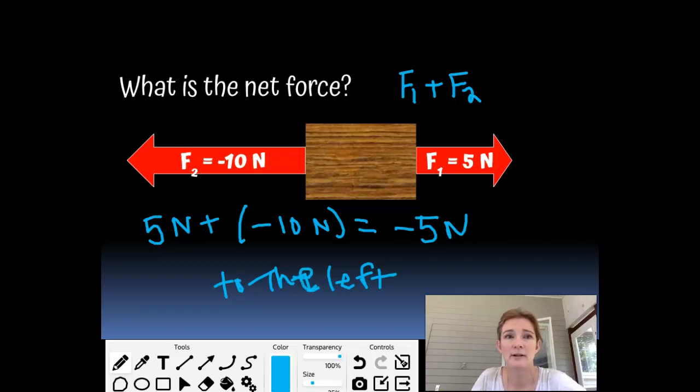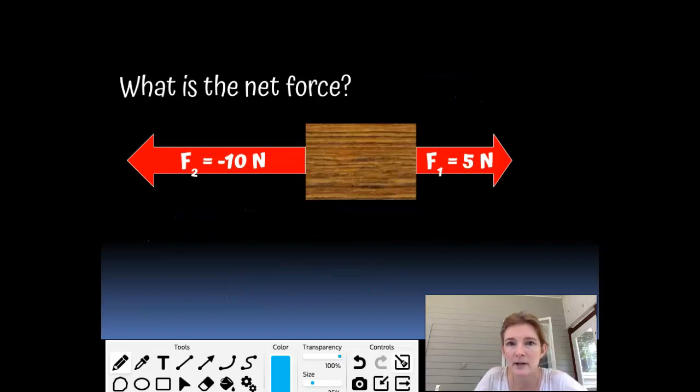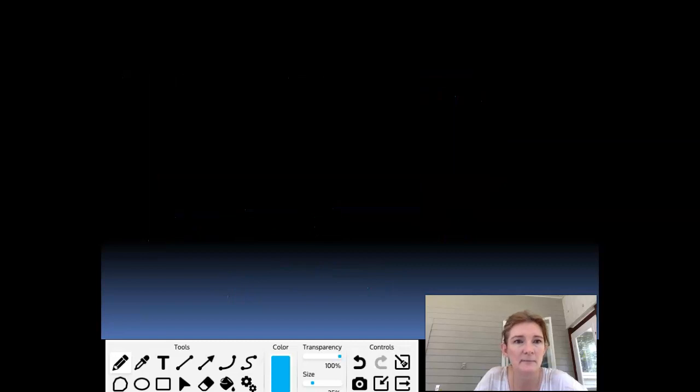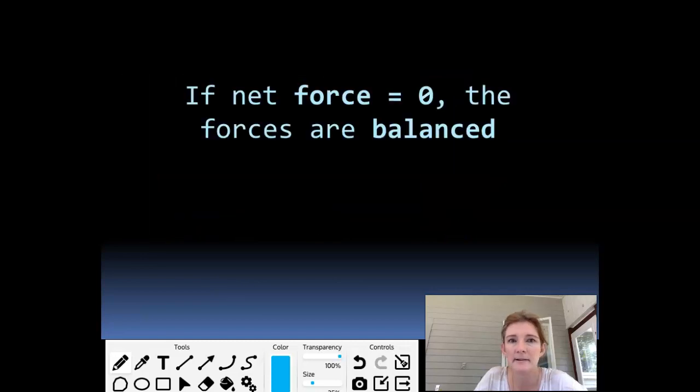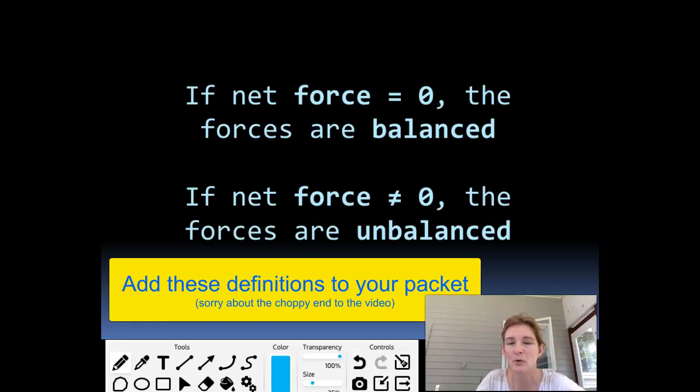Okay, so take a look at your note packet, make sure you have the definitions, and it also is going to ask you to draw two free body diagrams. Oh, wait a minute, did I? Nope, I missed a slide. There's another slide here somewhere. Here it is. Okay, so we talked about net force being 0, net force not being